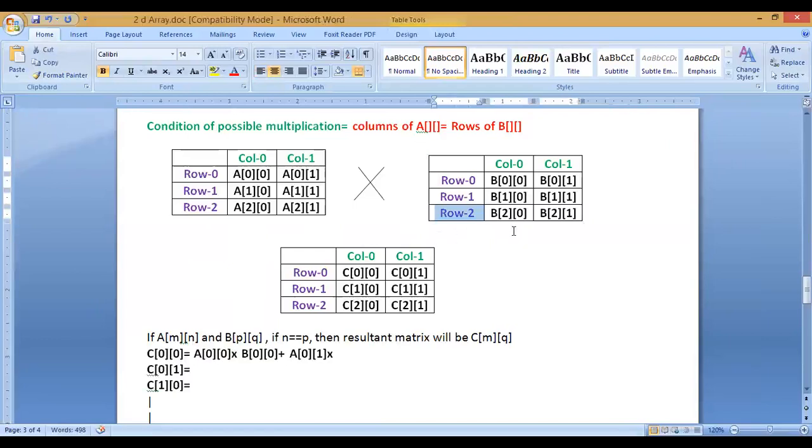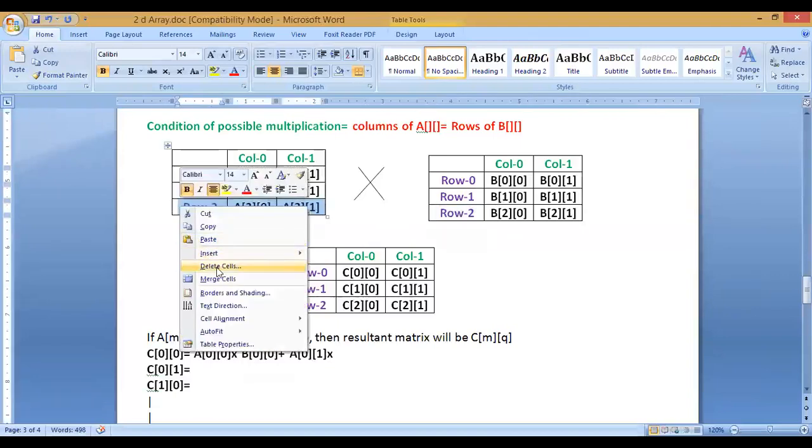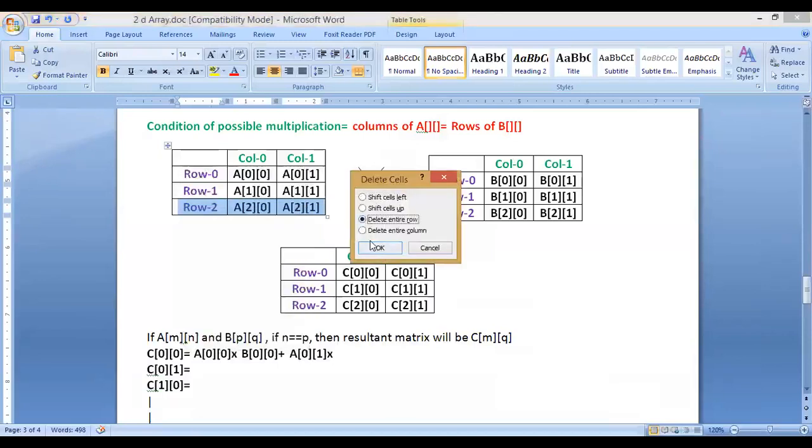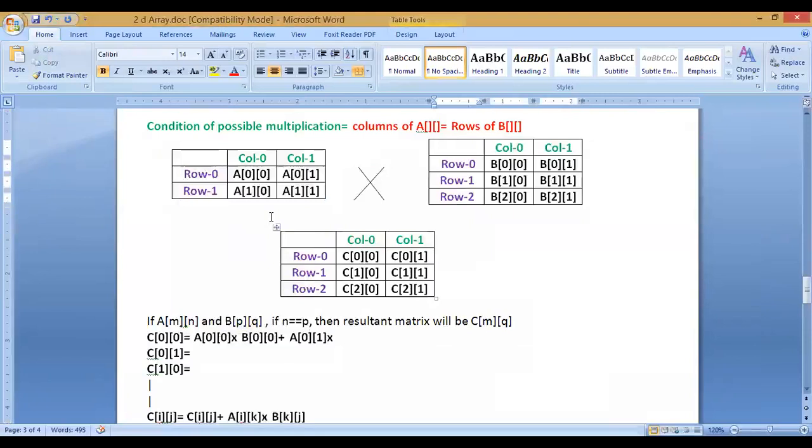I am doing one thing here: what is the dimension of this matrix? 2 cross 3. And what is the dimension of this matrix? This is also 2 cross 3, right? So I should change any one. Suppose I remove this row. Now it will be multiplicable, right? I am making it multiplicable. Now the size of this matrix is 2 cross 2, and this is 2 cross 3.